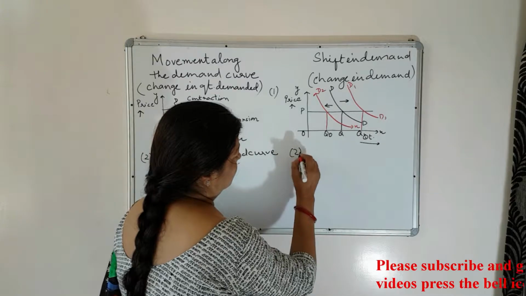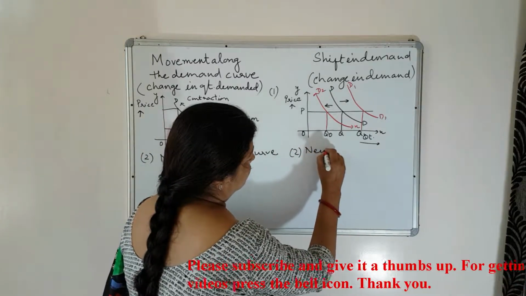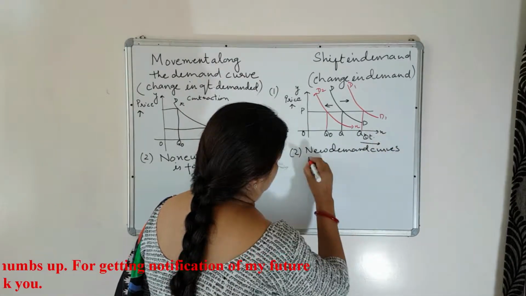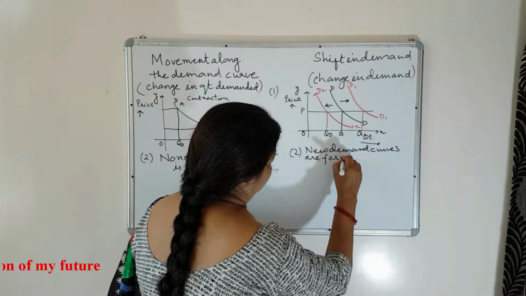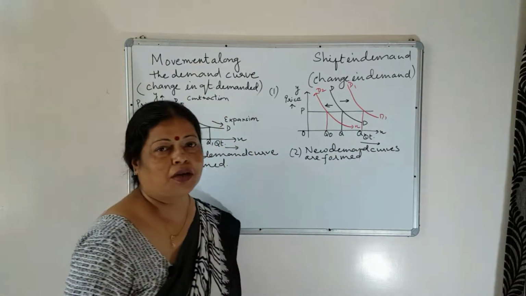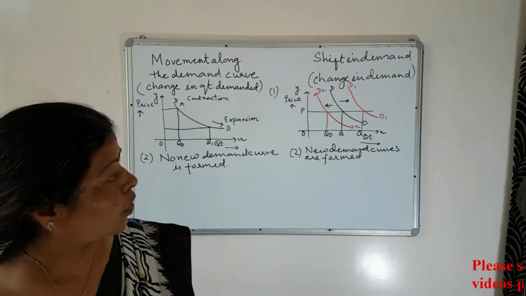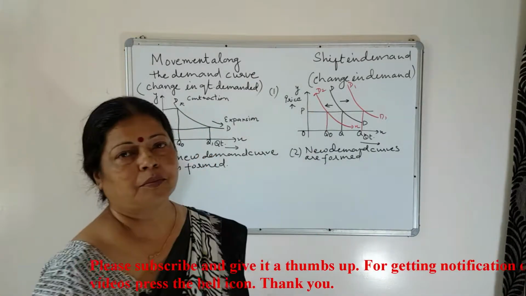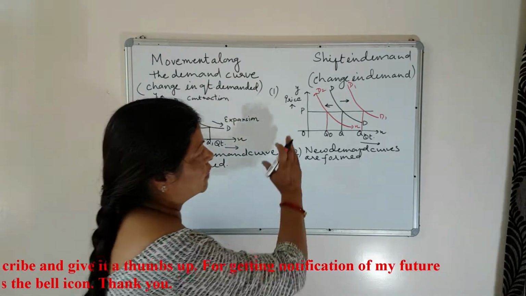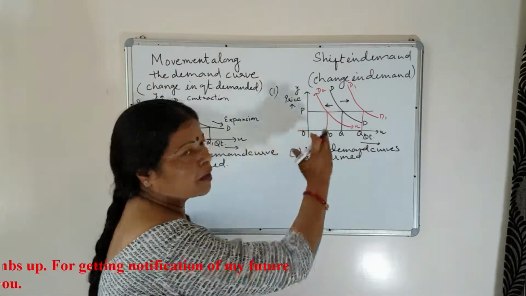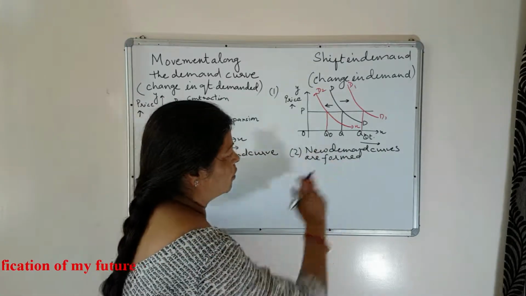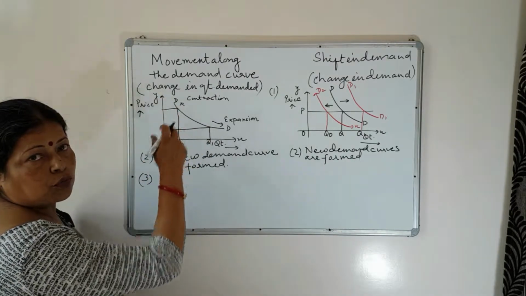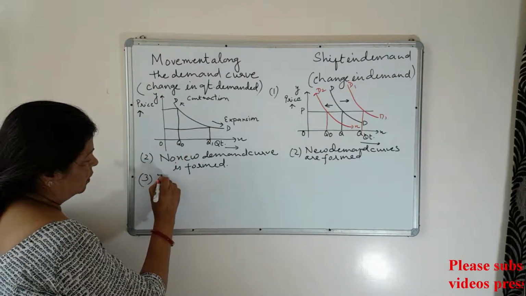But here you will write that new demand curves are formed. आपको यहाँ कोई पॉइंट्स जो है आपको लर्न करने की जरूरत नहीं है, आप सिर्फ डायग्राम देख के ही आप डिफरेंस लिख सकते हैं. तो सेकेंड डिफरेंस आप देख रहे हैं क्लियरली कि न्यू डिमांड कर्व्स आर फॉर्म्ड. Now the third difference, there are two movements, as I told you earlier,